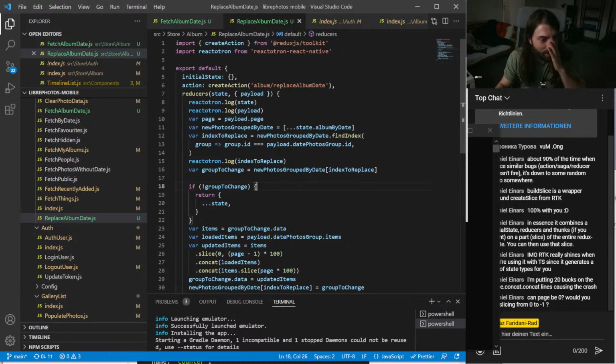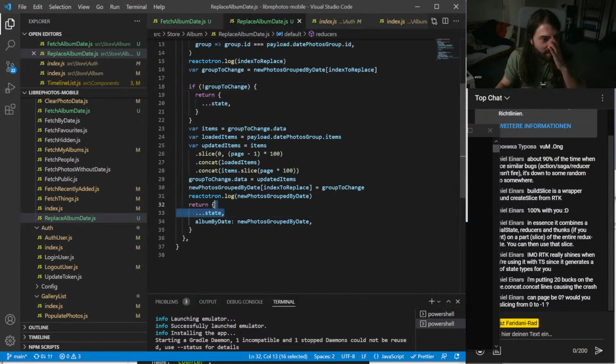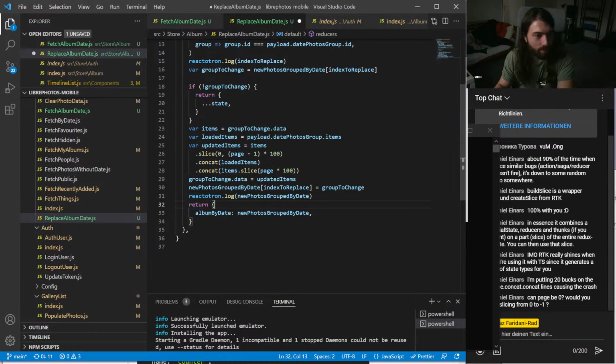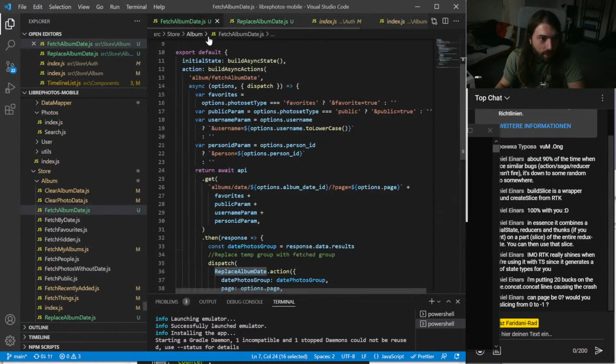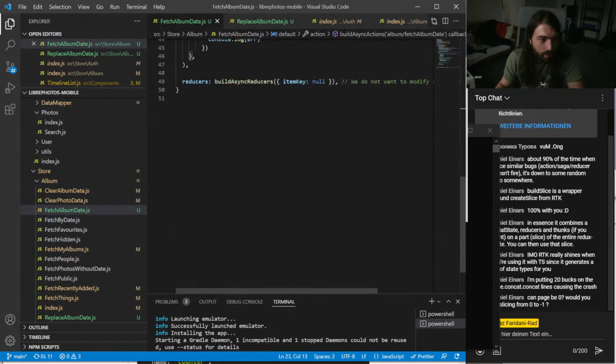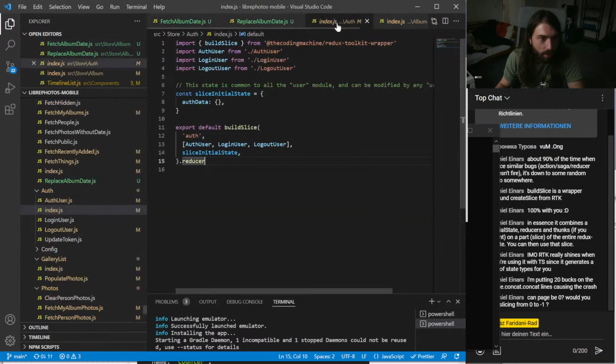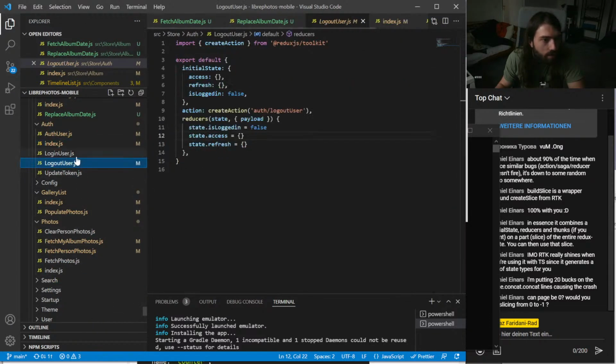From one issue into the next, I guess. So I don't need that, that should be fine. Return album by date. Oh, okay. So how do we update stuff in the other things? Auth user, login, user. State.access equals empty.